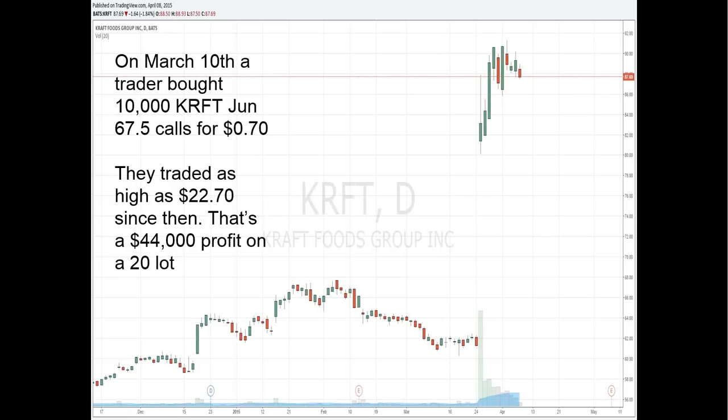We see unusual option activity in stocks like this all the time, okay? All of the time. Kraft, one that has activist investors involved in it. Traders come in and try and speculate on announcements or moves in these companies using options. Okay, so the longer that you trade unusual options activity, the more used to these you get.